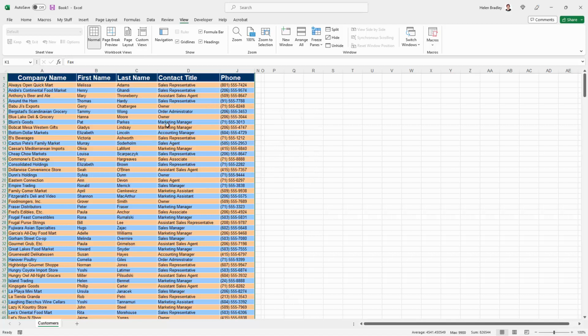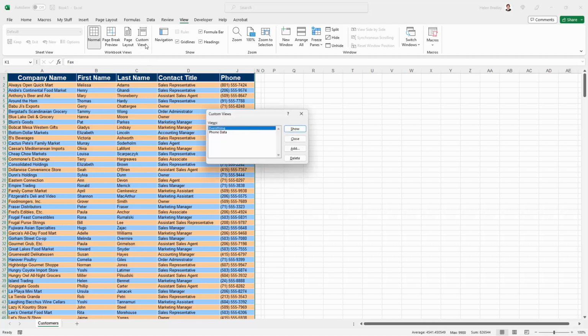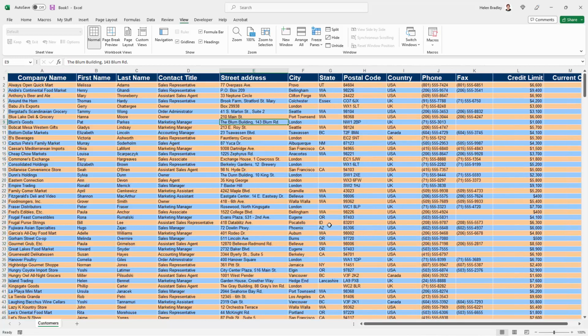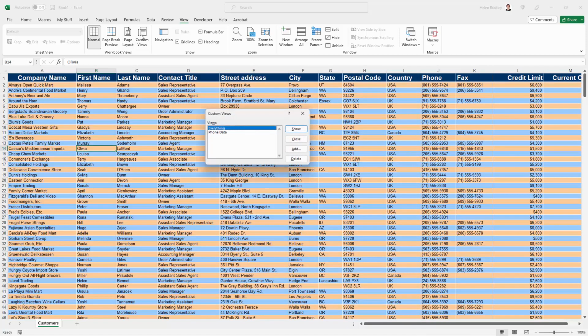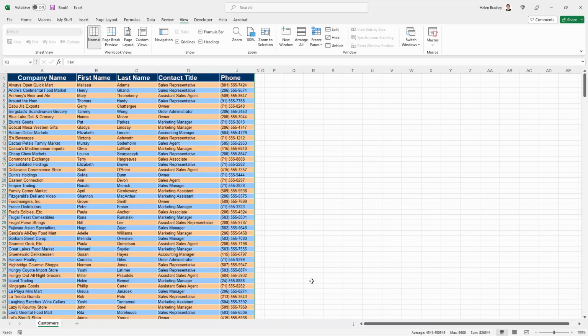So you can go ahead and create other views for your data if you needed it, but let's go and see how to use them. So say I want to get back to seeing everything. Well, I'll just go to Custom Views, I'll click Everything and click Show. And now we're seeing absolutely everything. And if we want to see the phone data, then we'll just click on Phone Data and click Show. And other things are hidden, so we can just focus on the data that we actually want to be able